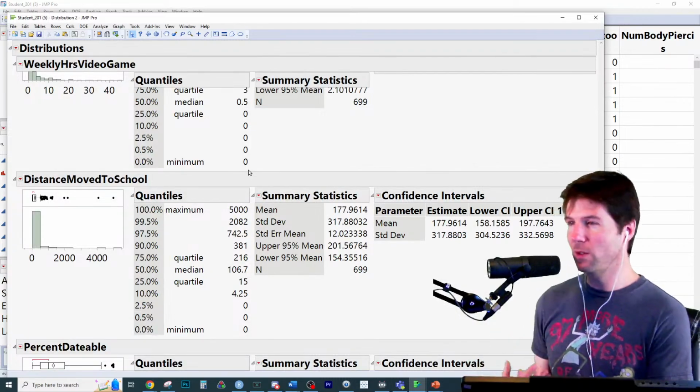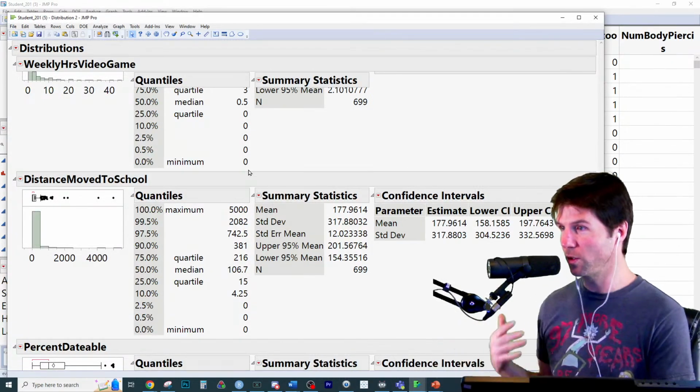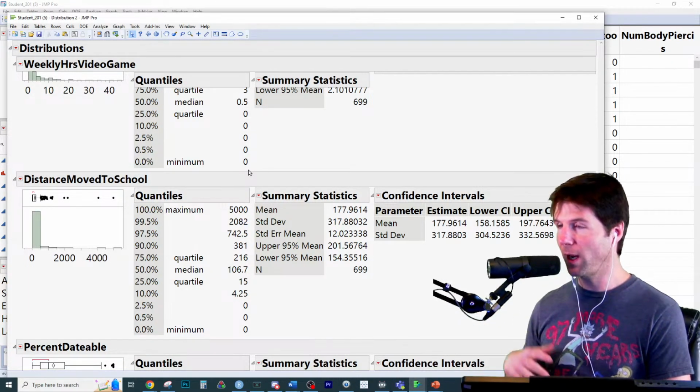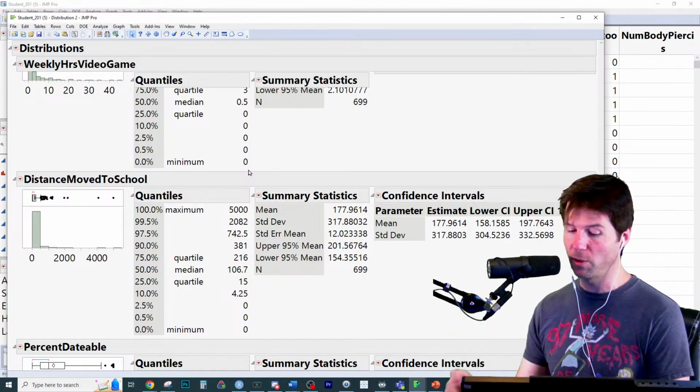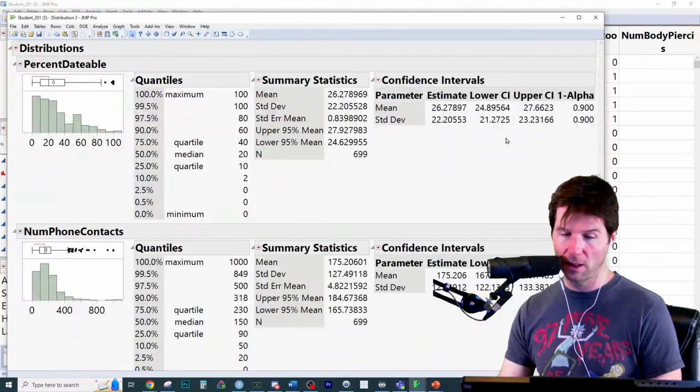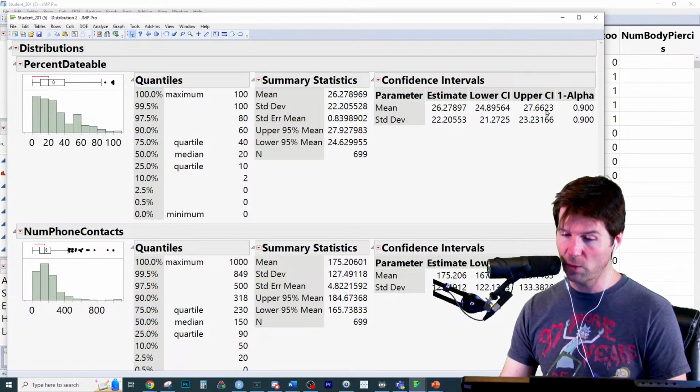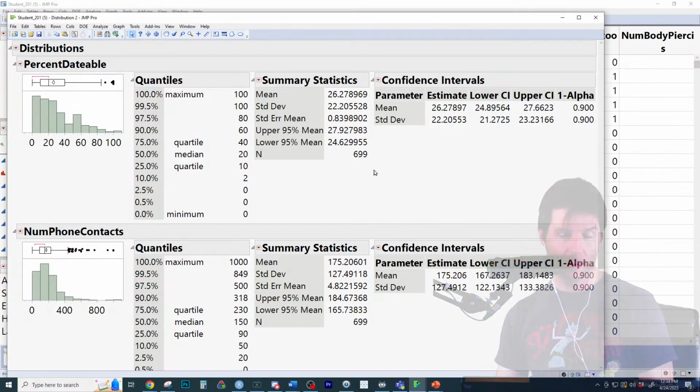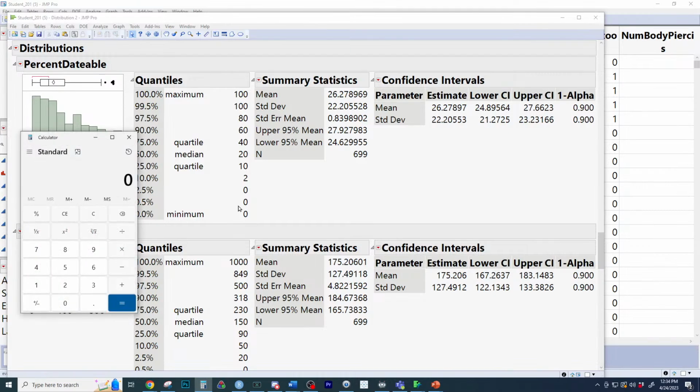Now you might say, well, why am I doing this by hand? Well, you have to know how you're doing this and calculating this, because I can create one of these intervals pretty quickly knowing the formulas. If you notice right here, the upper number for the mean, 27.66, is going to be the standard error of the mean, 0.83989, times about 1.97 because it's a t, which is a little bigger than the z. And then we simply add that to 26.278969.